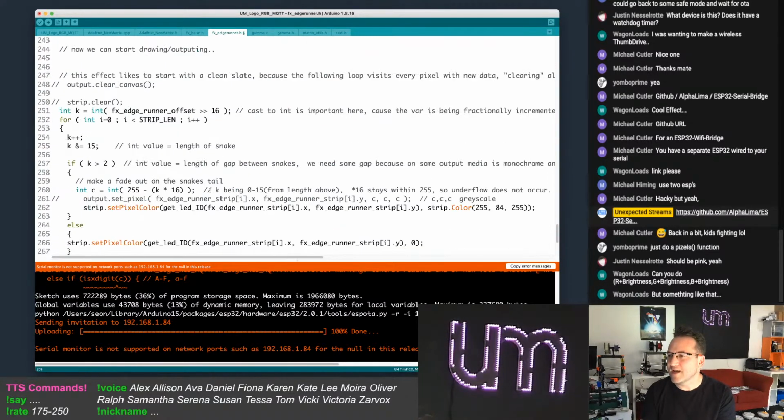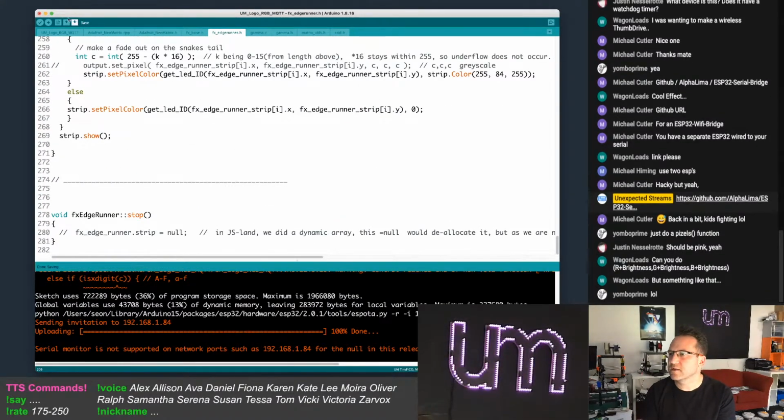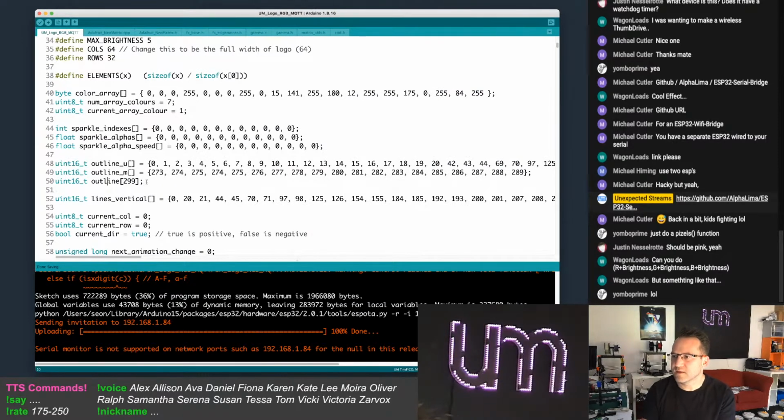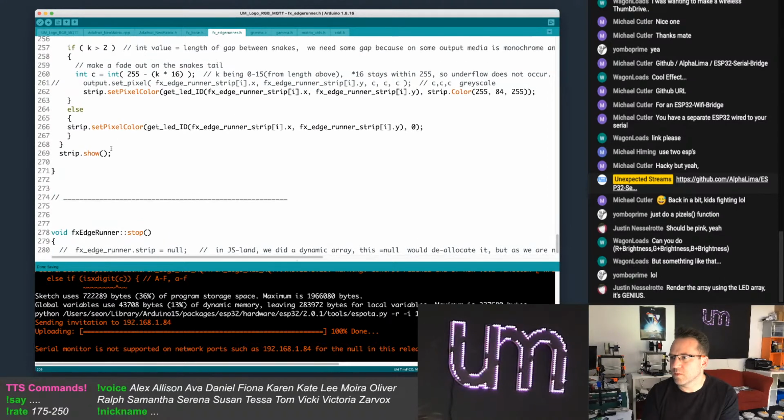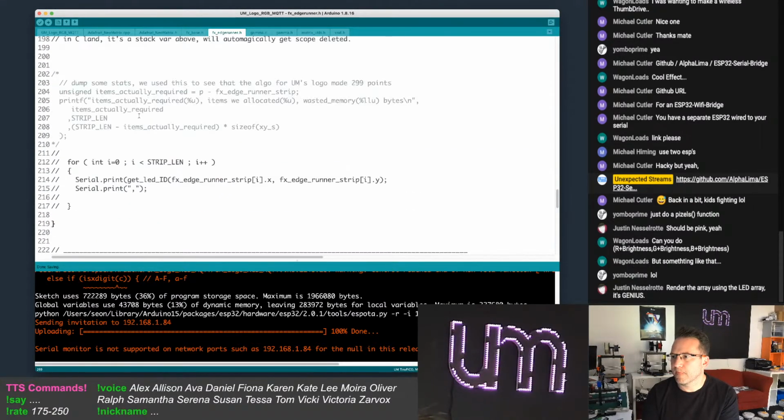I want to get that array. I want to get the array of what it calculates because I want to stick it in this, so I have it for other things, right? That'd be good. Render the array using the LED array. No, then I have to sit and type them all in. I don't want to do that. Okay, so in setup, we're going to do a strip.clear in here.